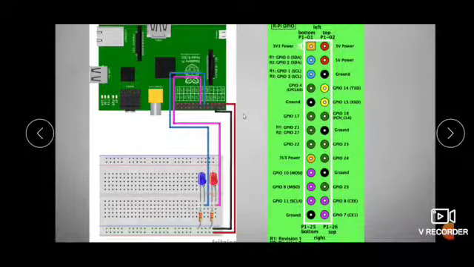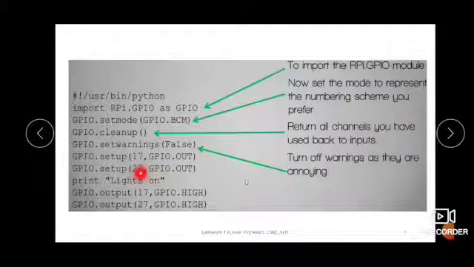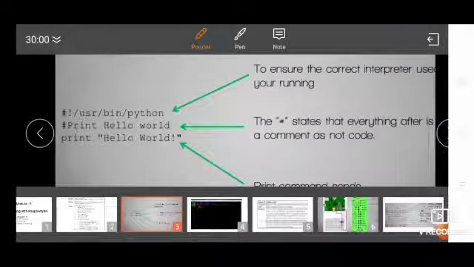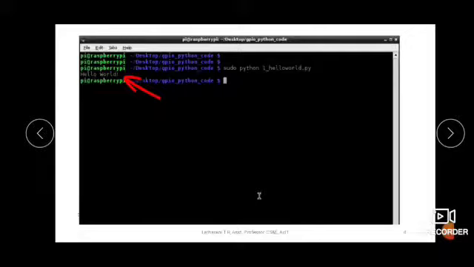Similarly with the other LED which is connected to the 27 pin. When you make the 27 pin high, the LED connected to it will also glow. This is how you write the program. I hope you understood how it is done. First we will take two pins, 17 and 27, and make them output pins. Then we will pass the value high on those pins, which will make the LEDs connected to those pins glow. That is how the execution will be done.